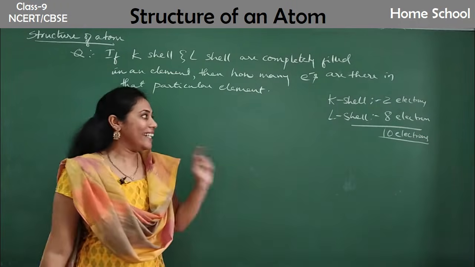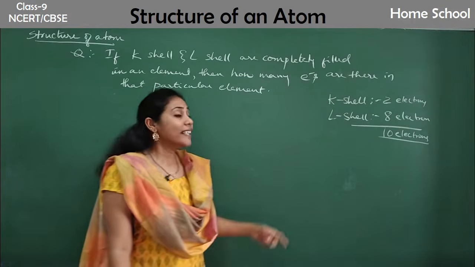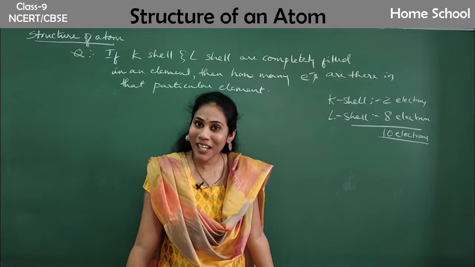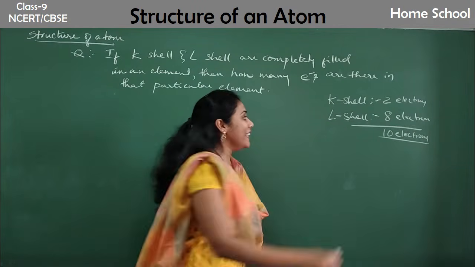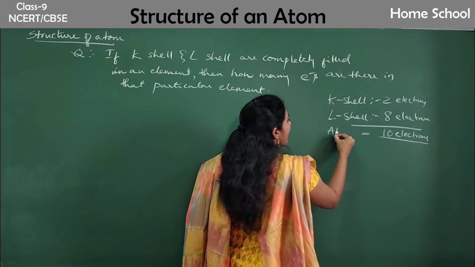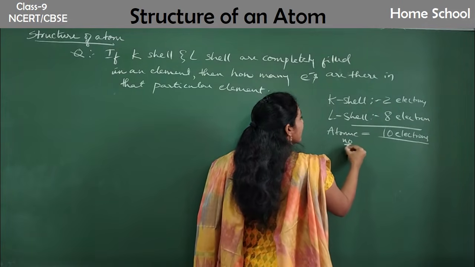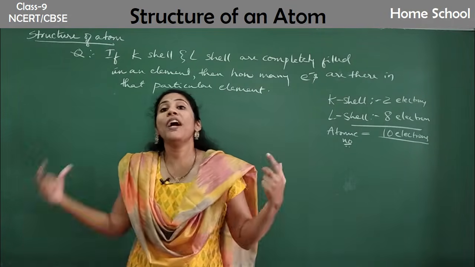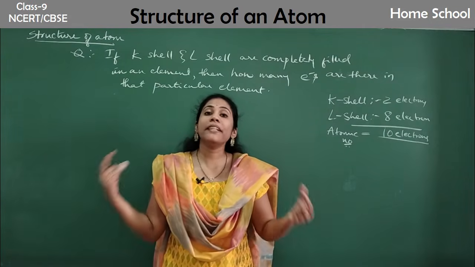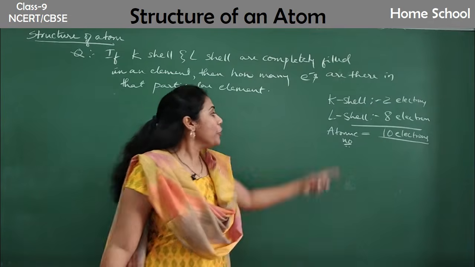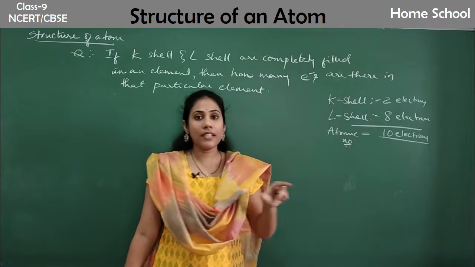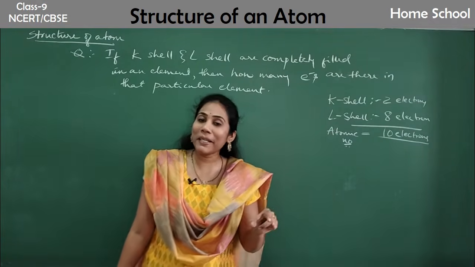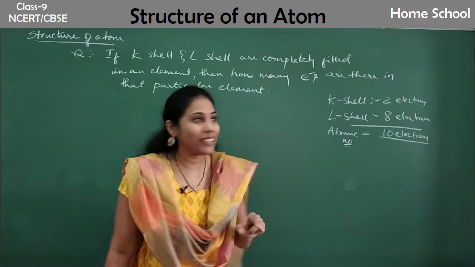So if you have 10 electrons in a particular element, then what is that element? Can you give a symbol for that element, guys? Number of electrons is equal to atomic number. If you have 10 electrons, that means the atomic number of that element is 10. If you have 100 electrons, that means the atomic number of that element is 100. So the atomic number is 10, that's why it has 10 electrons. So what element has the atomic number 10 in a periodic table? The element neon.